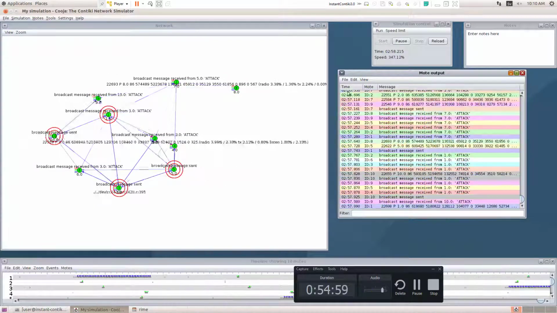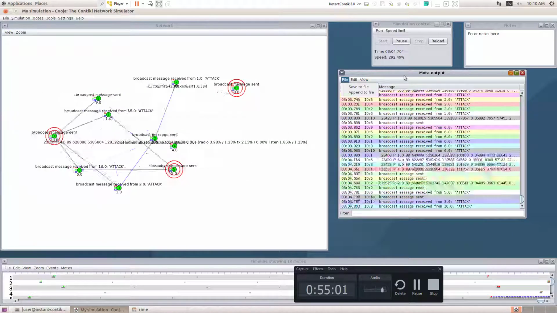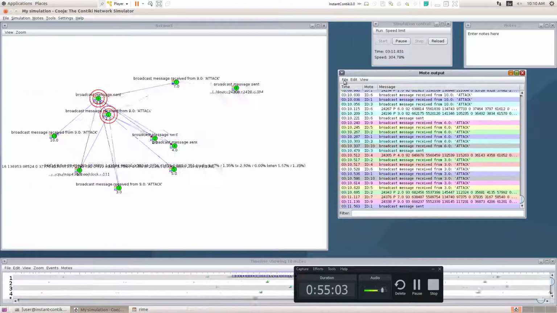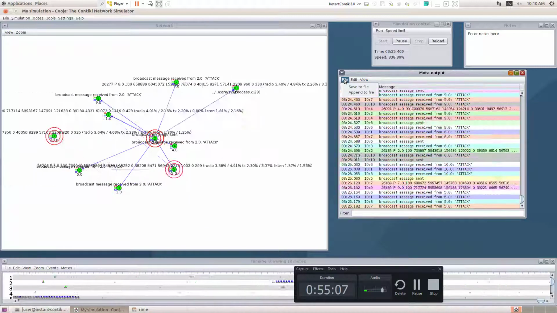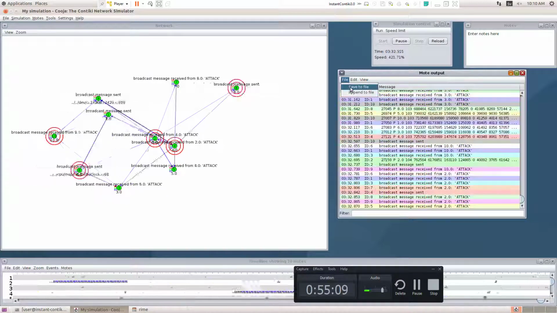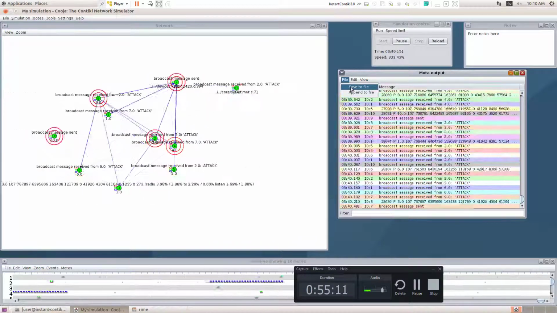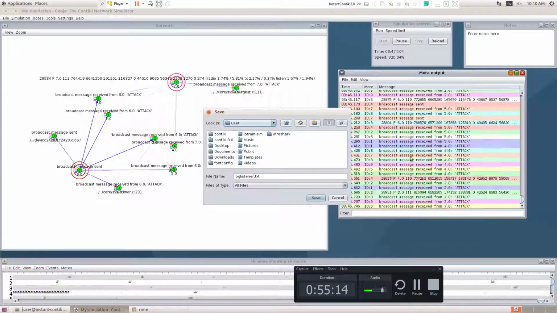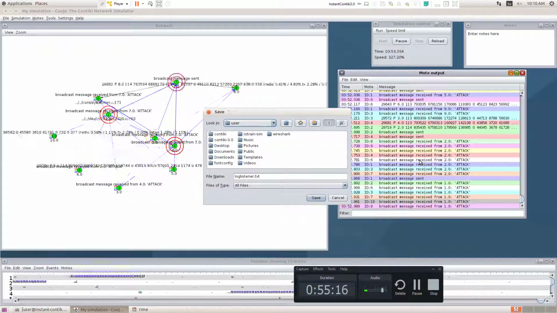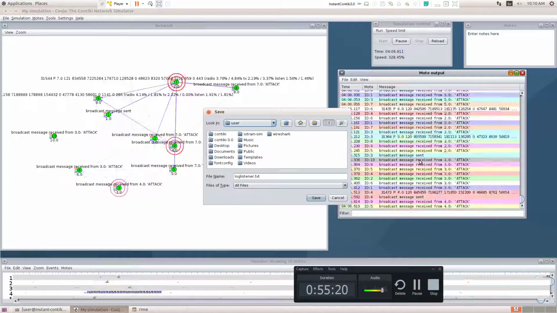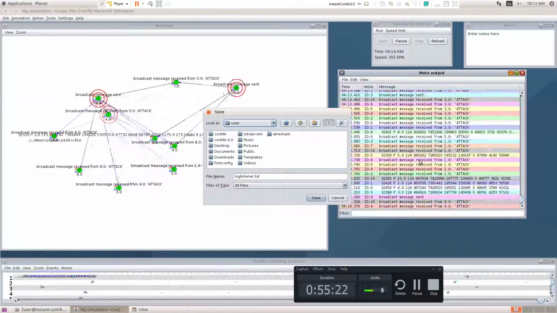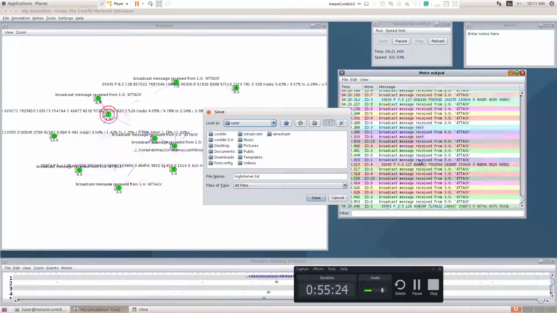Now you can see there are so many details running. I'm going to the File menu, the node output, then Save to file. Let me click Save to file. That means this power consumption detail I want to save in a file. Once you save it in a file, you can do the analysis. After that, you can load it in Excel and make some graphs.